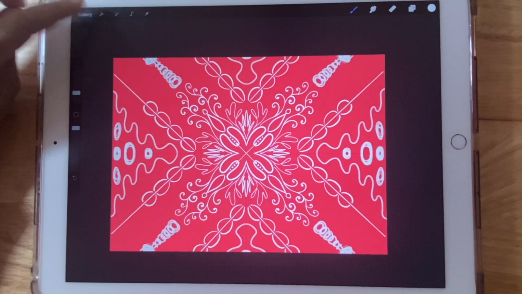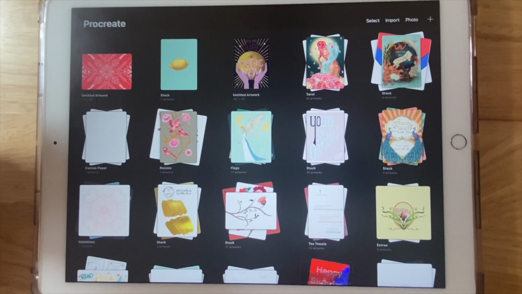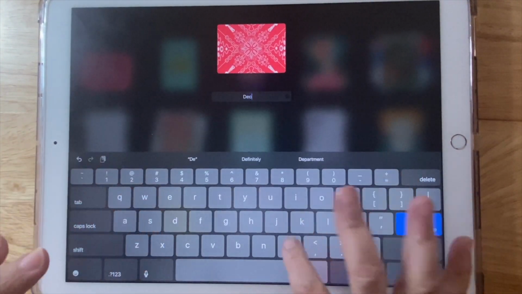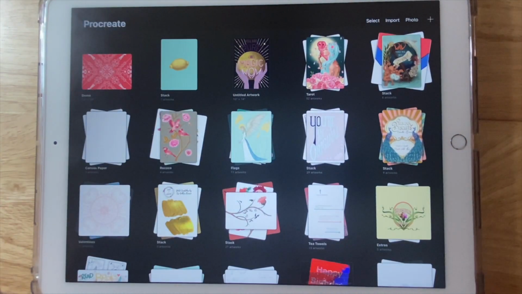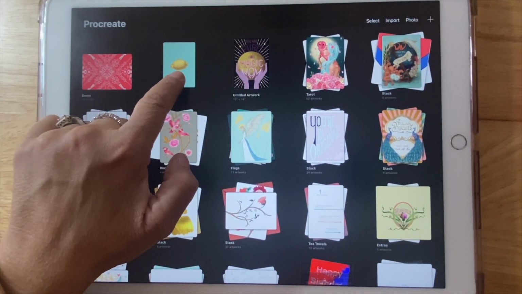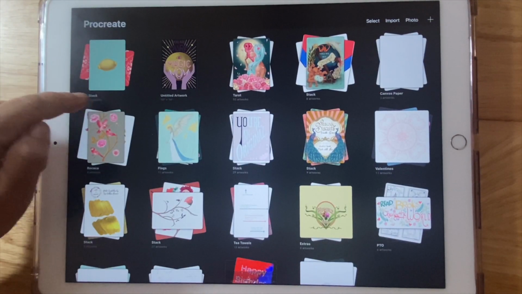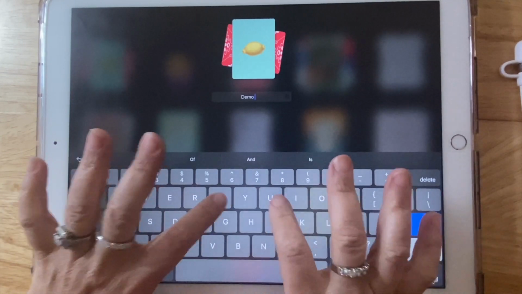So we're going to do one more thing. We're going to head back to gallery. And we were talking about the stacks, right? So I'm going to name this, let's name it demo. Demo, I'm going to hit enter. And again, so I can drag this on top, just like that. And now I have a new stack, which I can name demo tutorial,